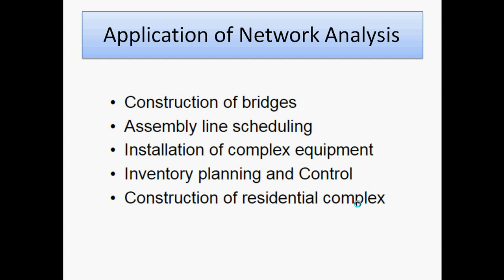Then assembly line scheduling. Within an assembly line, skilled or unskilled labor is there. So how can the idle time be reduced? That activity can be carried out by network analysis. If you reduce the idle time, we can get the maximum production rate. That's why, using this network analysis, we can schedule in this manner, and then idle time will be reduced, so it can improve your project cost if you improve the production time.